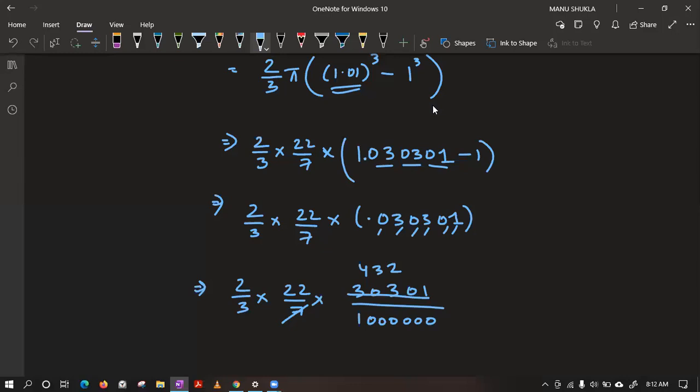Sir, you missed 0. 30301. Which 0 in the starting? Utkarsh, this one at this place, initial. That is not a significant number because it is before that number. But I don't think we can divide this, class. Please recheck. It is not divisible. I think the answer will be in decimal only. Let me check question number 6.